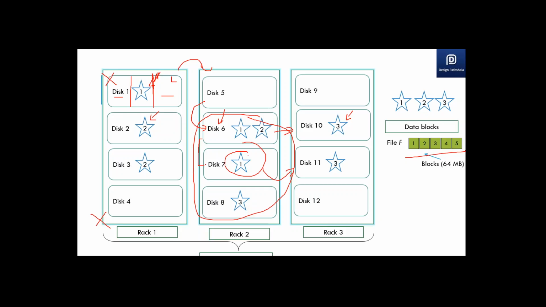At a time when all three nodes are busy, in that case I have to wait, but the probability of all three nodes being busy at the same time is pretty low, unless you are running a huge processing load on your cluster. So to reduce write contention and read contention, the data is replicated across the cluster.